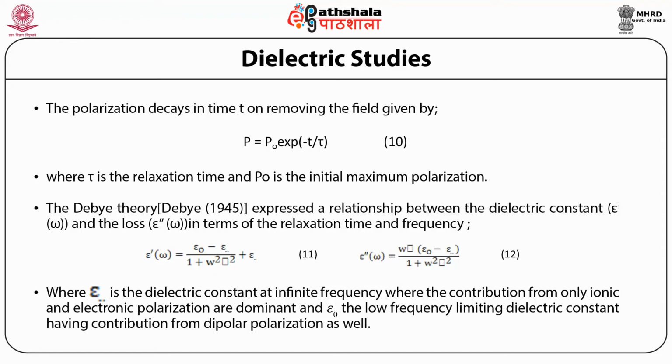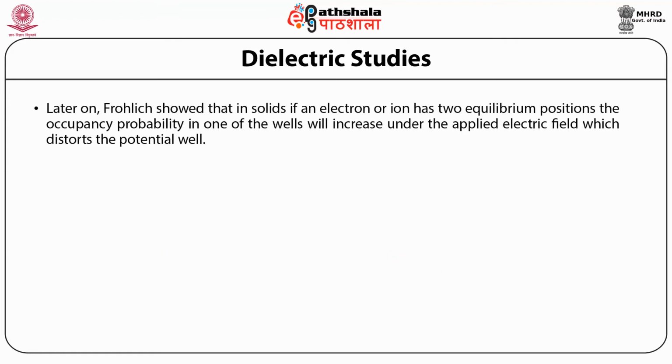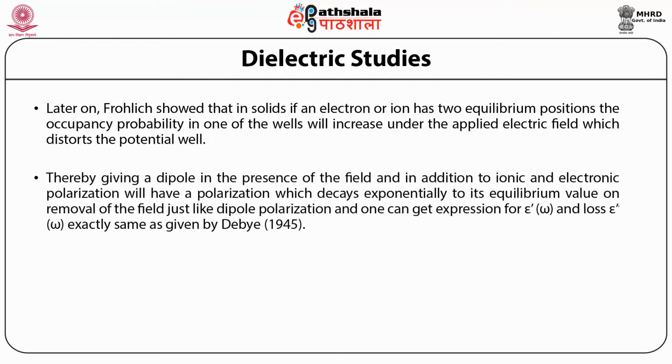And epsilon naught is the low frequency limiting dielectric constant having contribution from dipolar polarization as well. Later on, Froelich showed that in solids, if an electron or ion has two equilibrium positions, the occupancy probability in one of the wells will increase under the applied electric field, which distorts the potential well, thereby giving a dipole in the presence of the field, and in addition to ionic and electronic polarization, will have a polarization which decays exponentially to its equilibrium value